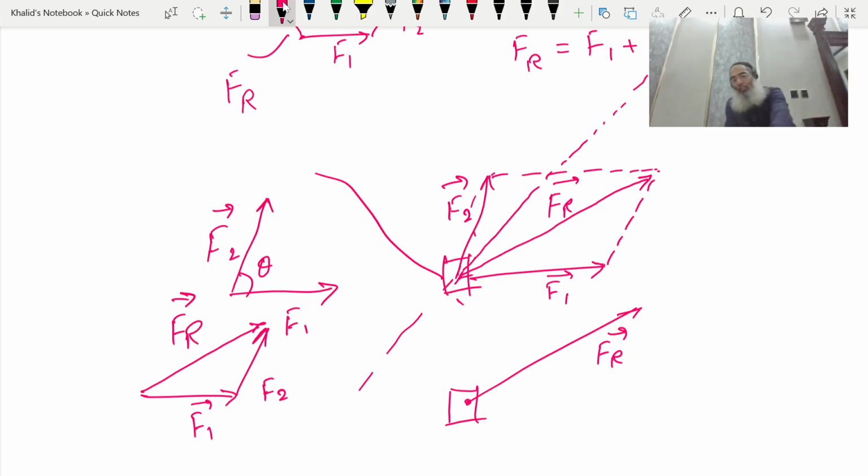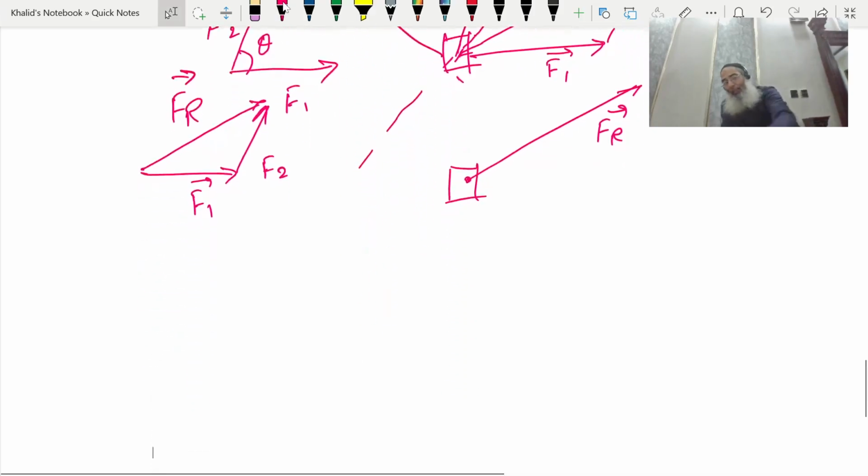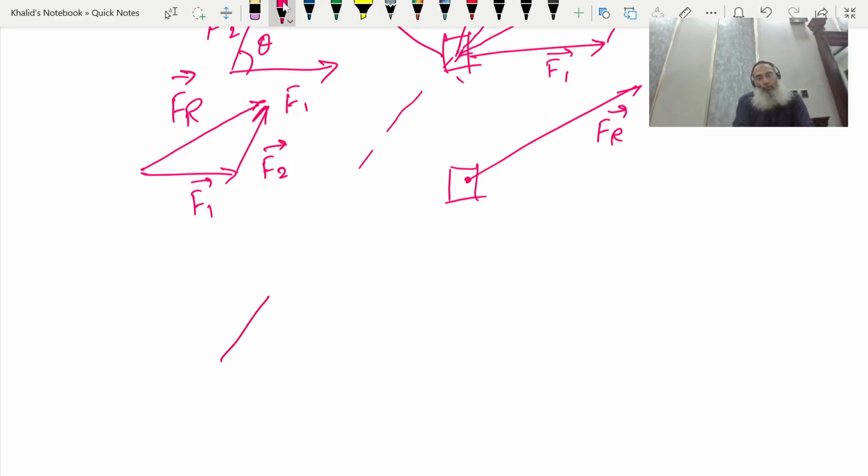Here is an interesting result: if I change the order, I draw this F2 first, and F1 I draw it here, without changing anything, I just change the order in which I arrange these forces, then the resultant will be